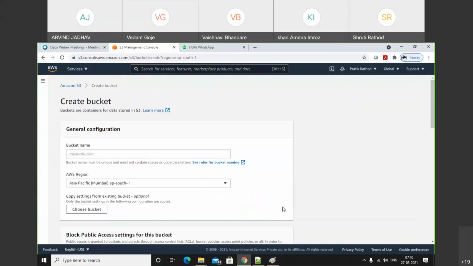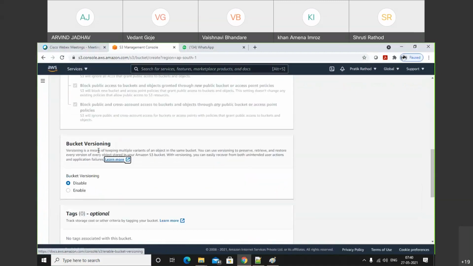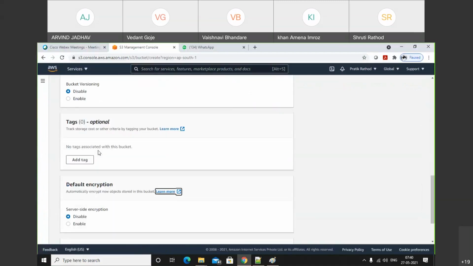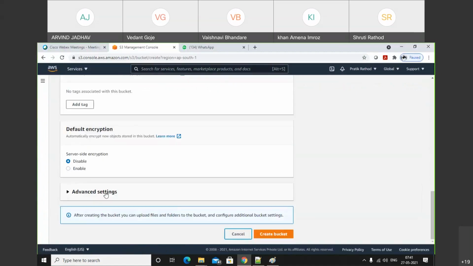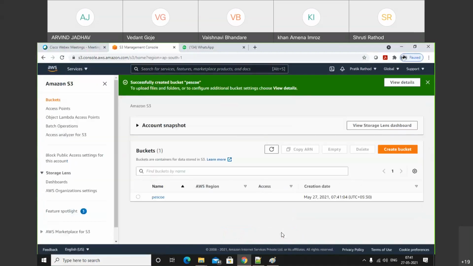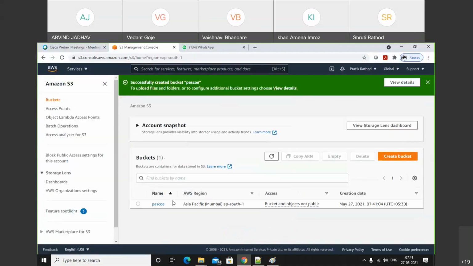Click on that. Here I'm trying to create the bucket having the name PSCOE in the Mumbai region. Choose the default properties only. Click on create bucket. We successfully created a bucket called PSCOE.